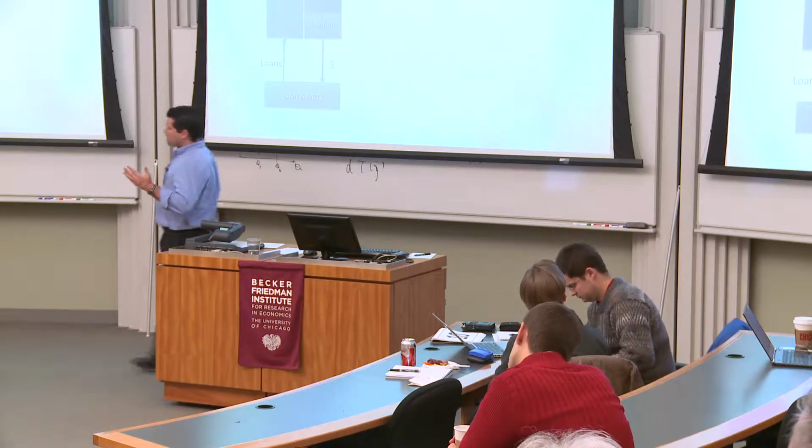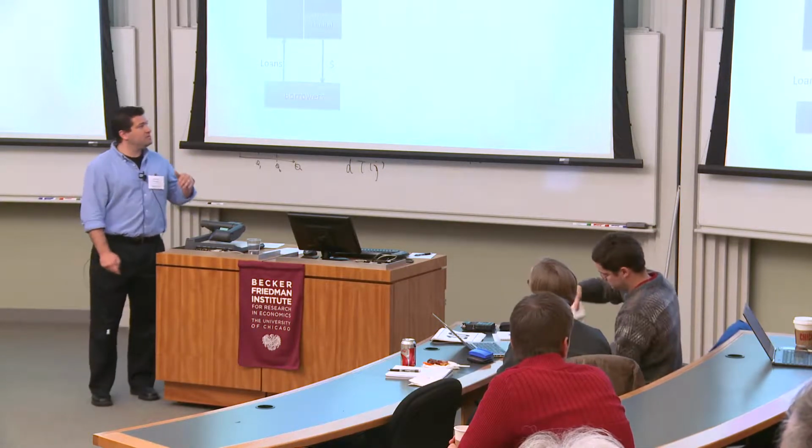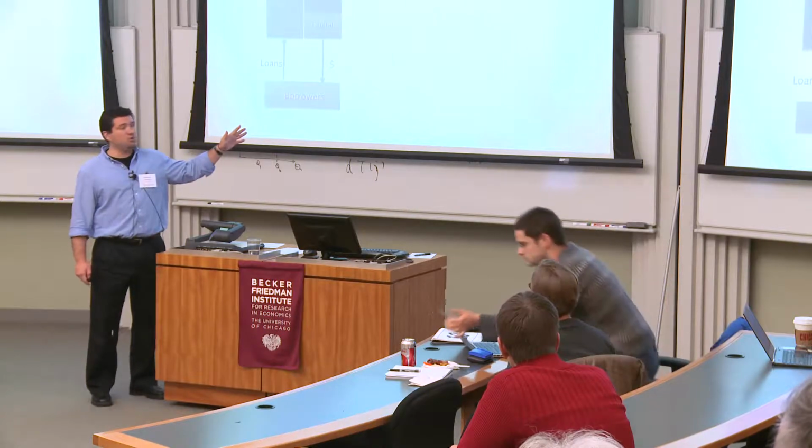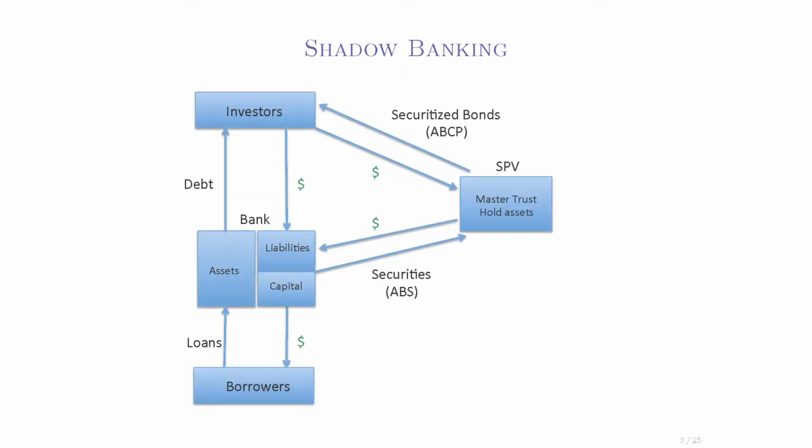Now, when I'm thinking about shadow banking, I'm going to think about a particular part of securitization that was useful to get rid of these regulations. So it looked like this. So now the bank takes some of these assets, pools it, securitizes it, tranches it, all these things that they used to do. This will not be a paper about that.